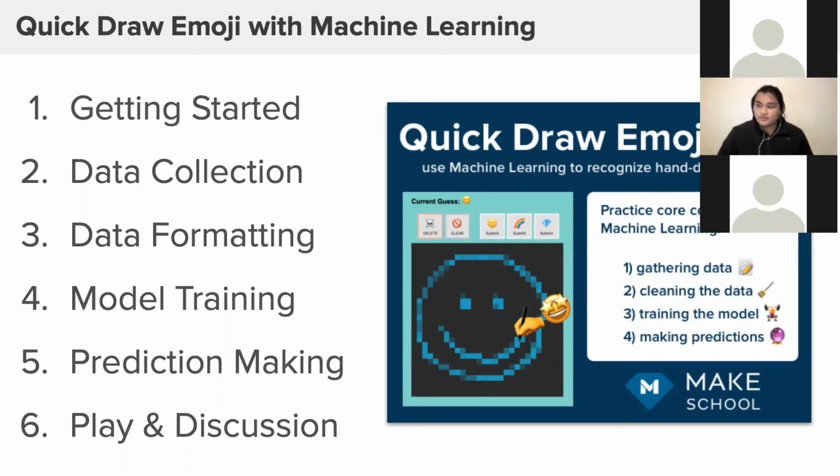As I said, we're going to be doing the QuickDraw emoji with machine learning, going over the 4 core concepts of ML. We're going to use data collection to collect the different drawings that the user, which is us, draws each and every turn. We're going to draw smiley faces, sad faces, depending on the emoji in the code. We're going to collect that data so our model can predict, as an artist, what is Aldrin, that's me, trying to draw next, right?